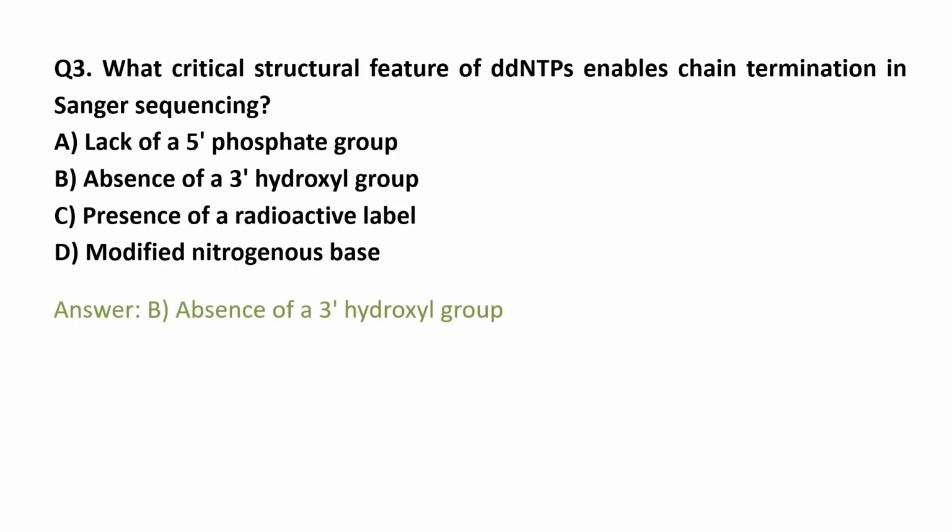So the answer is absence of a 3 prime hydroxyl group. In Sanger sequencing, ddNTPs, or dideoxynucleotides, are used to terminate DNA synthesis. Unlike normal dNTPs, ddNTPs lack a hydroxyl OH group at the 3 carbon of the sugar molecule. This absence of the 3 prime hydroxyl group prevents